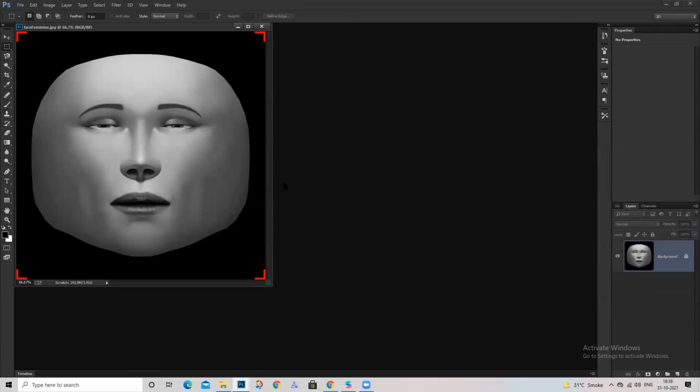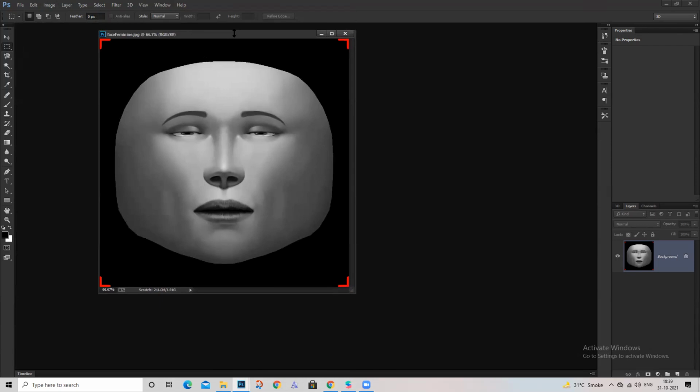So now I want something on my cheek. To place it better, we'll use this reference that has been given by Spark AR. So this will give us a better understanding of how to place what and where. I have downloaded a few tattoo PNGs with transparent background from Google.